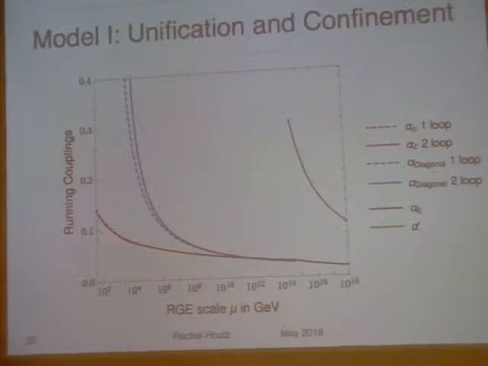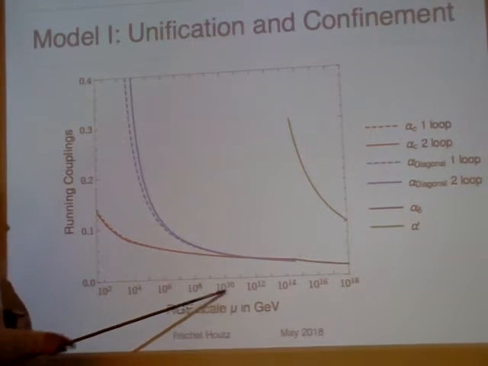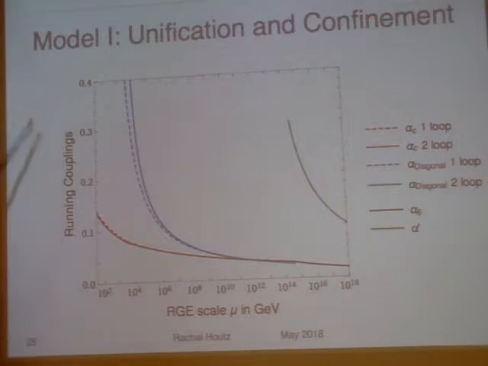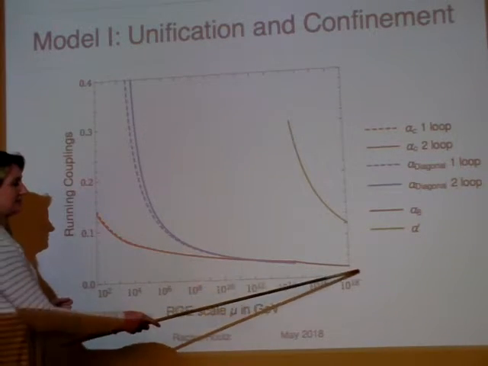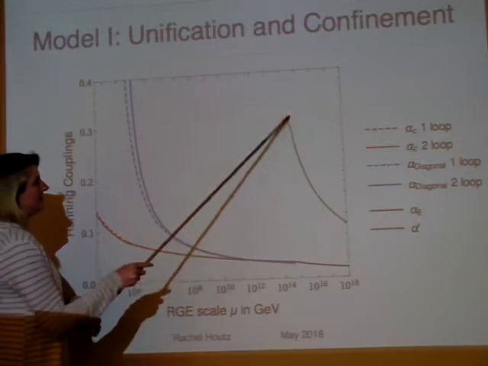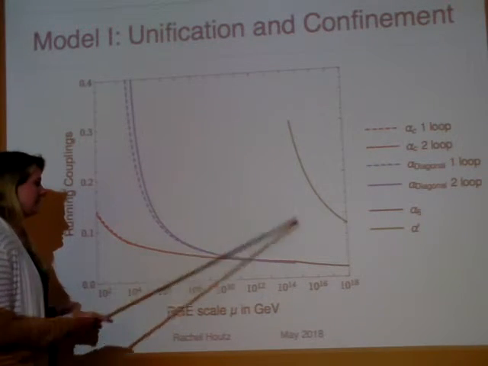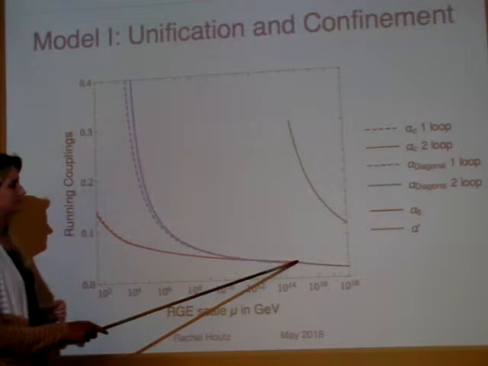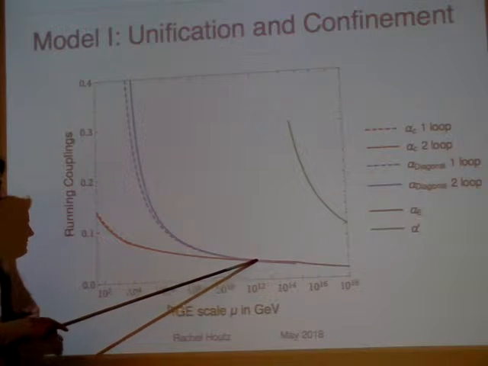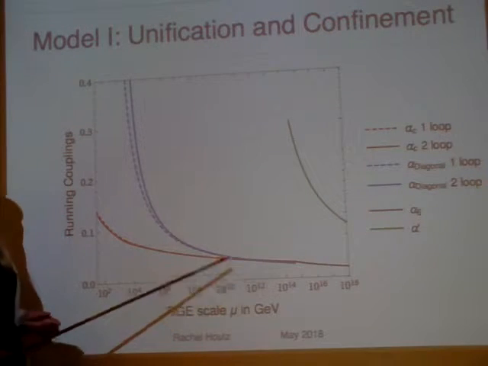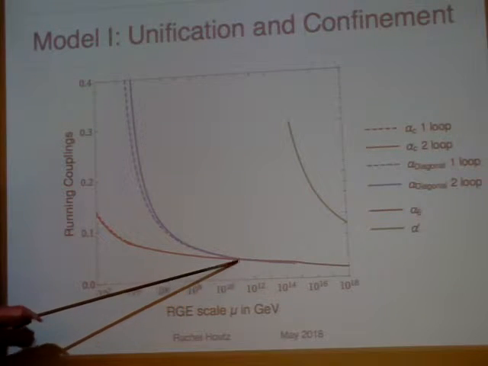So here's an example of an RG running. We have the RG scale in GeV on the x-axis, the value of the couplings on the y-axis. The black line here is the SU6, the color unified group. The green line is SU3 prime. So SU3 prime and SU6 break together to form SU3 diagonal, which is the blue line. You can see it's slightly smaller than SU6. And this runs, and because at this point we assumed all the kappas are order 1, this guy runs faster than QCD. QCD is shown in red.